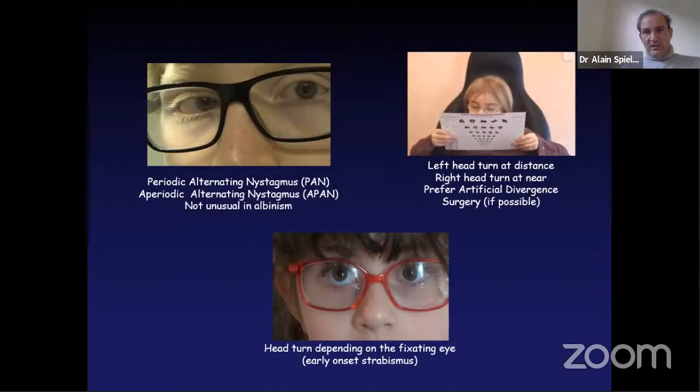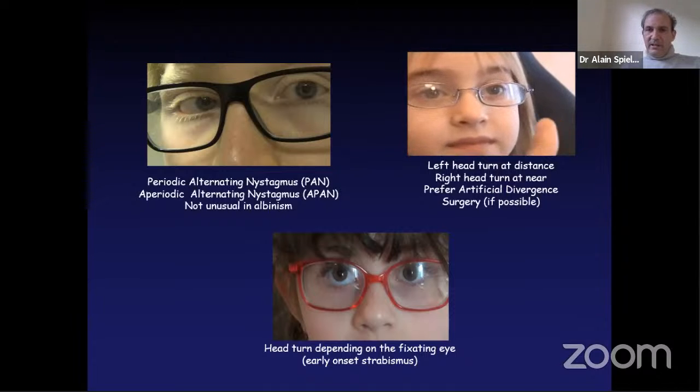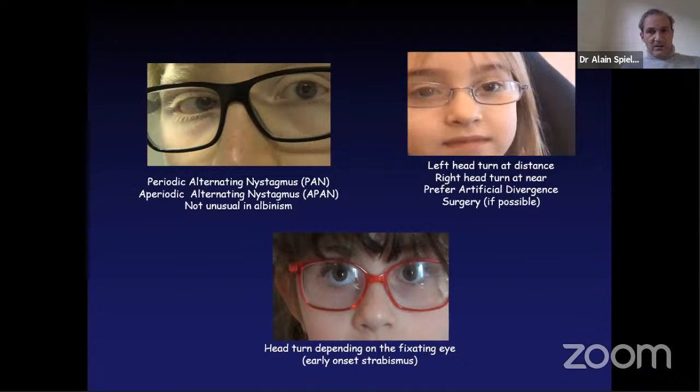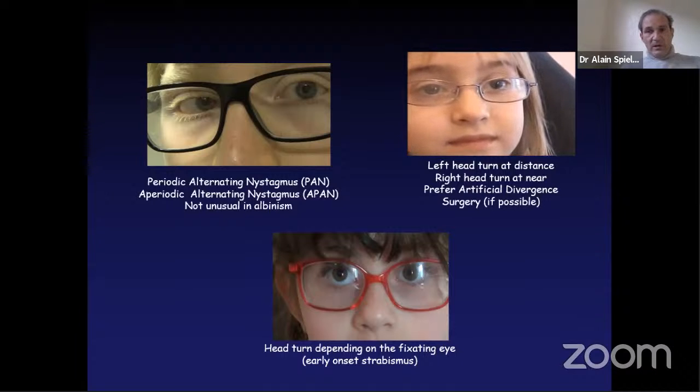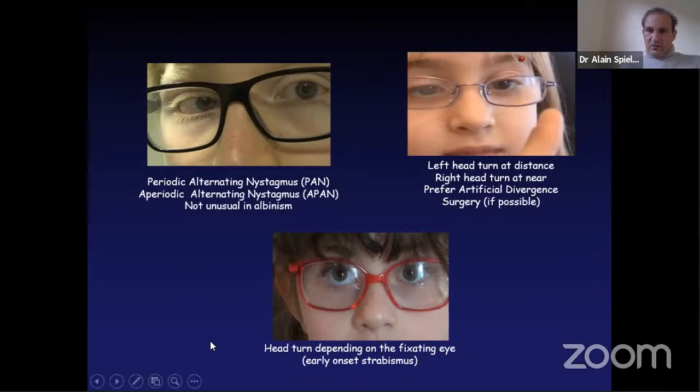You will have to look at this situation, and often these types have a blocking convergence. This is not always the case, but often it will be like that, and you will choose artificial divergent surgery instead of Anderson Kestenbaum surgery. Another situation is nystagmus related to